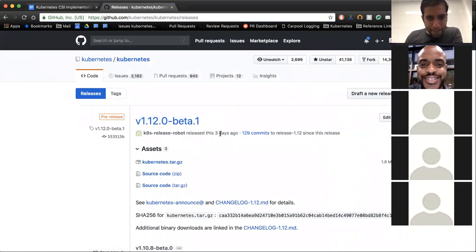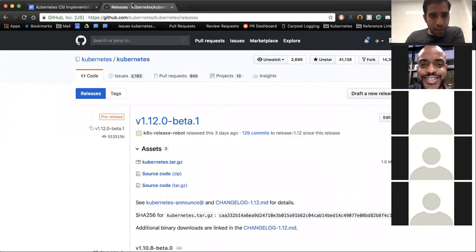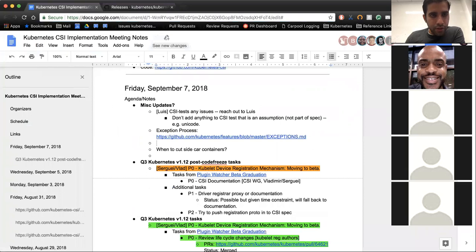Okay, 3 days ago, so that should have the latest. Okay, so we can try that, and then every time there's a new release, just pick it up until we get to 1.12.0, the official release.